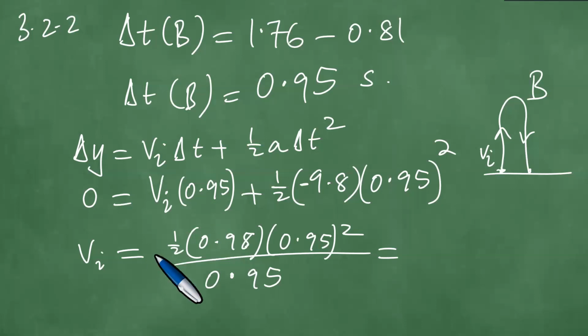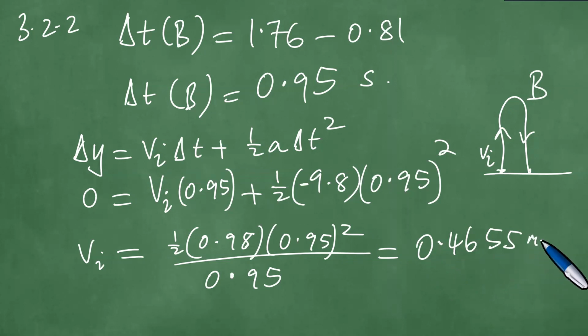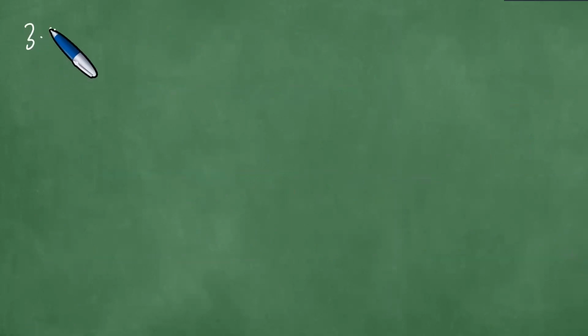So we're having 0.5 times 9.8 times 0.95 times 0.95, and then divide by 0.95. Check what you're getting. You're getting 0.4655 meters per second. So that means that in 3.2.2,